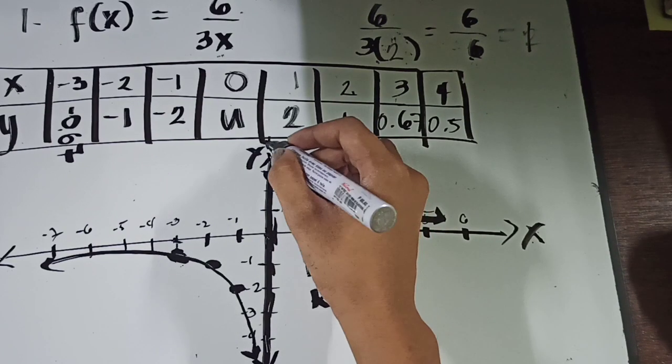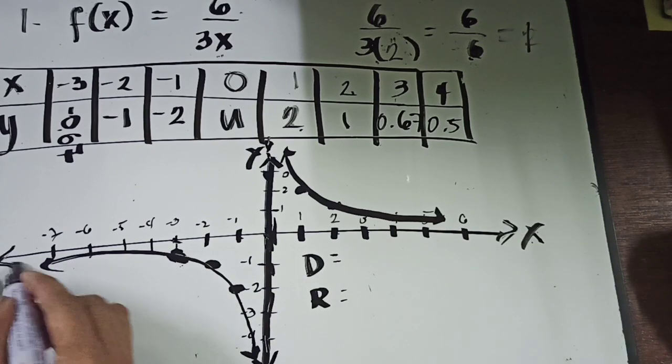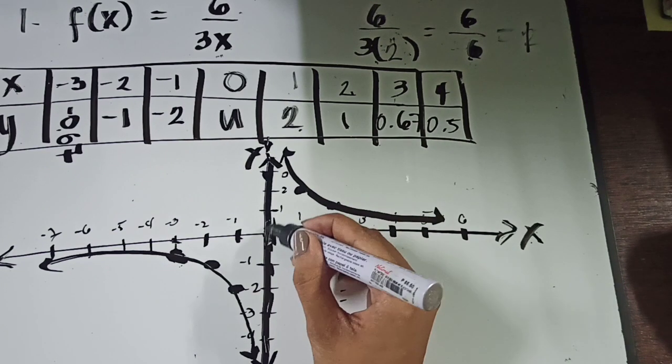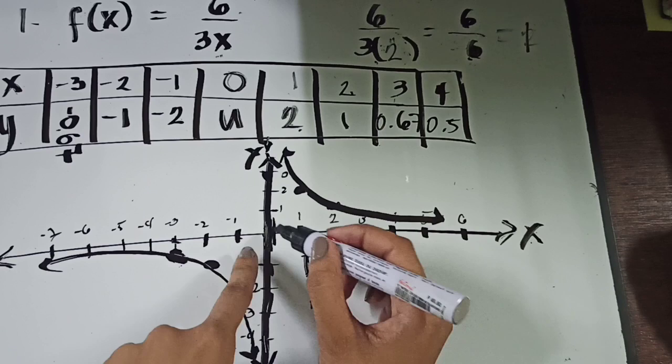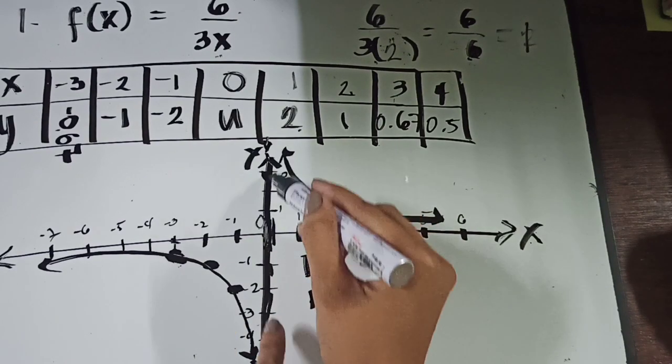So, sa paghahanap ng domain, sige po, tingnan natin sa x-axis. Ano yung naging restriction natin kay domain? Saan siya hindi nagtagpo? Okay, so we have restriction. Ano po yun? Bawal ang 0 na value ni x. So, bakit? Kapag 0 ang value ni x,